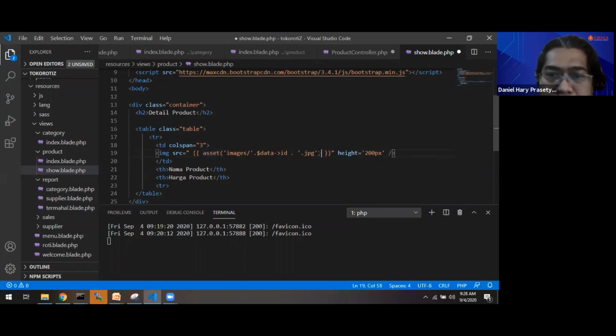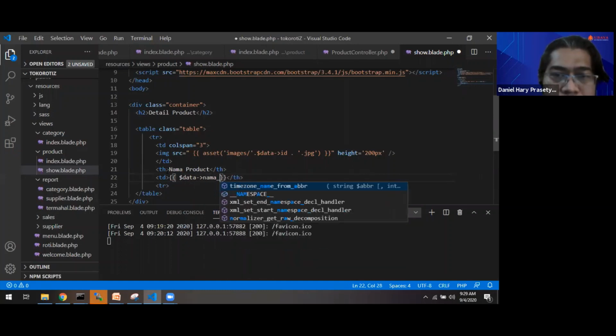Okay. Asset, and then nama produk. Continue with nama produk, data, nama produk.